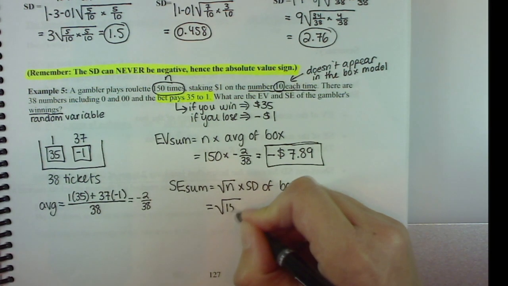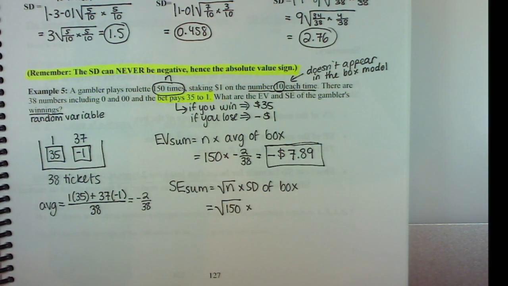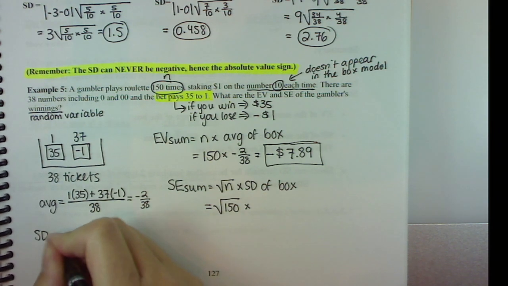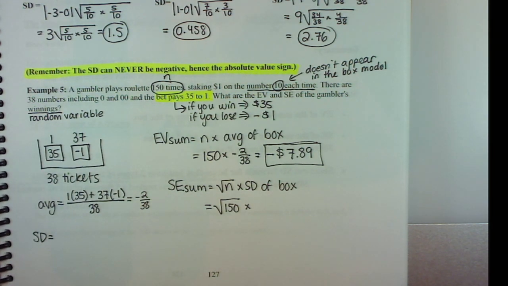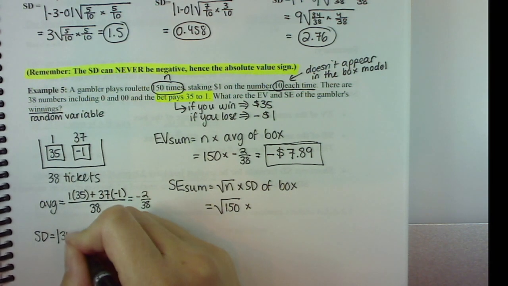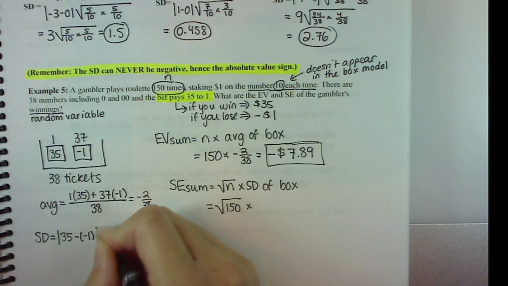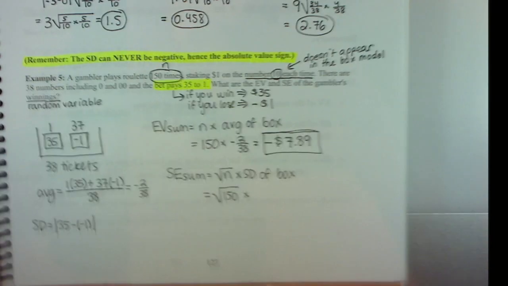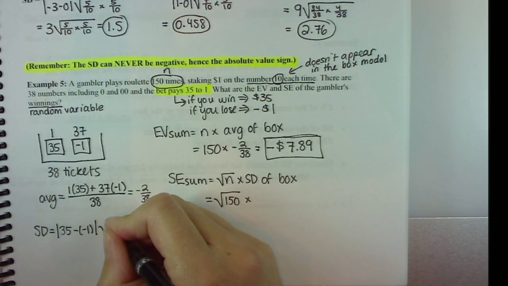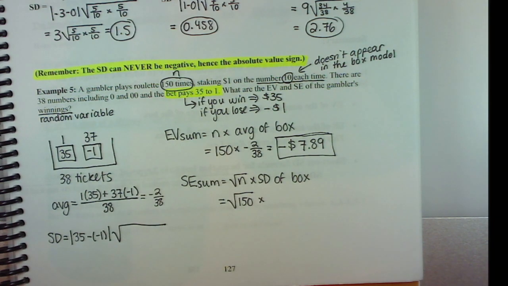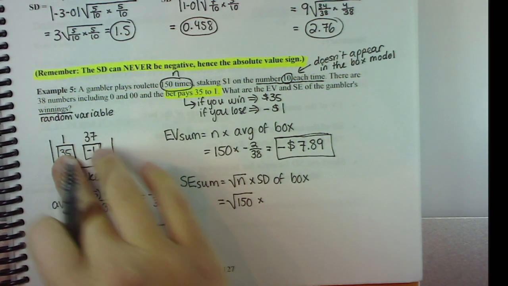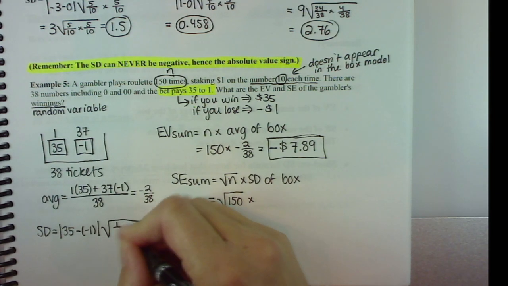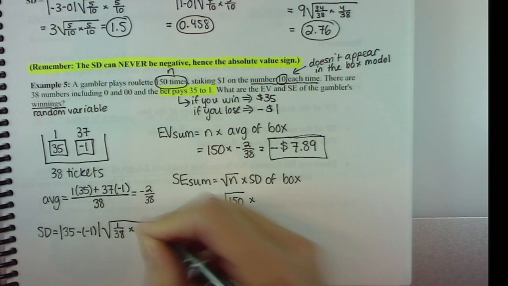So square root of 150 times the SD of the box. It was not given, but there's only 2 tickets, so I can go ahead and calculate it. There's only 35s and -1s. So that's my A and B, 35 minus -1. I'm using this thing again, 35 minus -1, times the square root of the fraction of A tickets. So the fraction of 35. In other words, you could think of it as, what's the probability of getting 35? 1/38. Times the fraction of -1s, which is